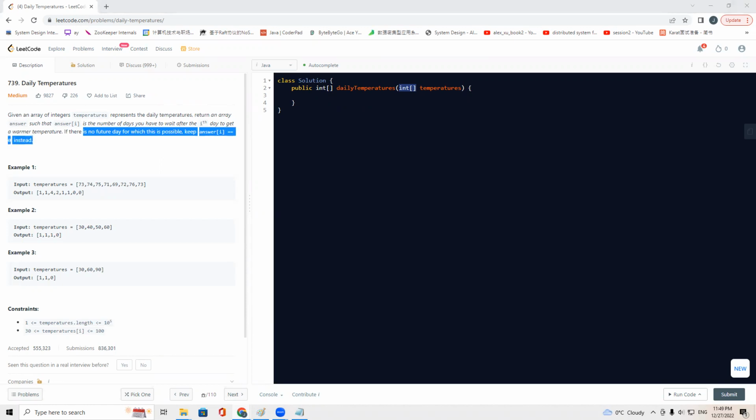Let's take a look at the example. From 73 to 74, we have to wait for 1 day. And 74 to 75, we have to wait for 1 day. For 75, we have to wait 4 days to get 76. For 71, we have to wait 2 days. So